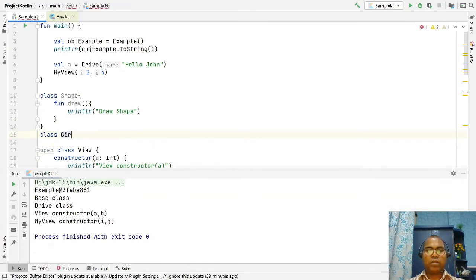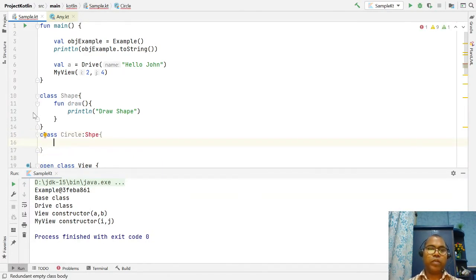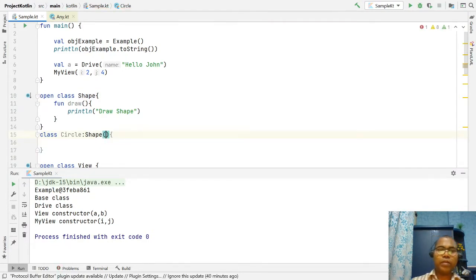Let's say we have another class, Circle, which wants to extend and inherit from Shape. So here you have to say Shape should be open for inheritance, and Shape has a primary constructor.